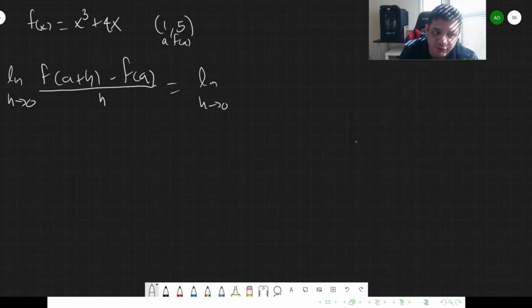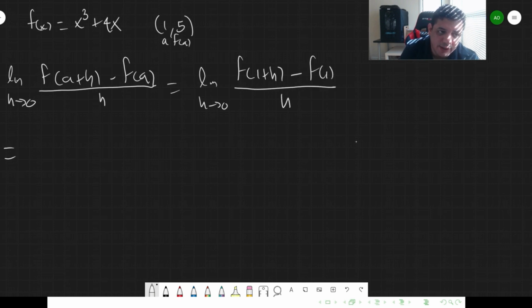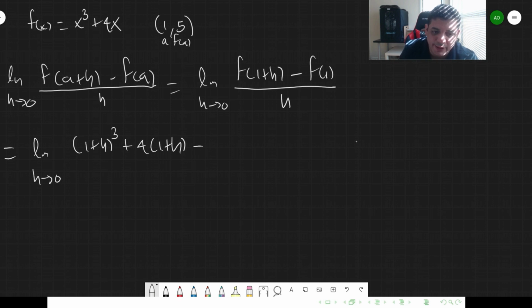So limit when h goes to 0, f of 1 plus h minus f of 1 over h. So what's f of 1 plus h? Well, let's plug that in the function. That's going to be limit when h goes to 0, (1 plus h) cubed plus 4 times (1 plus h) minus f of 1, and f of 1 we know is 5,